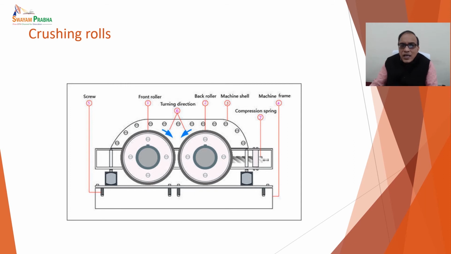Now let's see, these are crushing rods. As the name suggests, these are the two rolls. Two rollers are there, taking the material in between them, as the arrow is showing you. These are the screws which can be used for adjusting the machine. This is the machine frame, and in the machine frame these two rolls are adjusted in such a way that they move counter-current. One is moving clockwise, one is moving anti-clockwise, and that's why